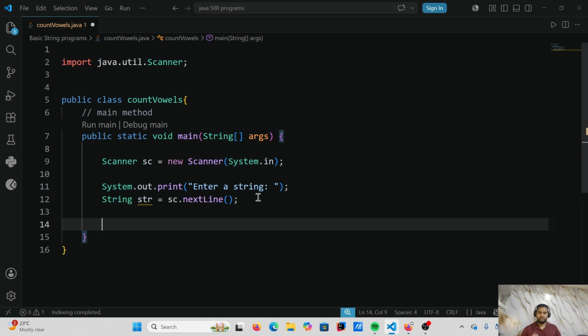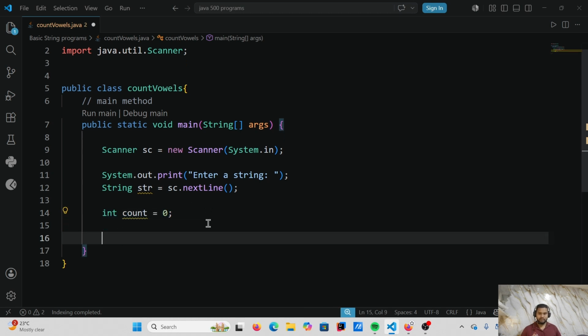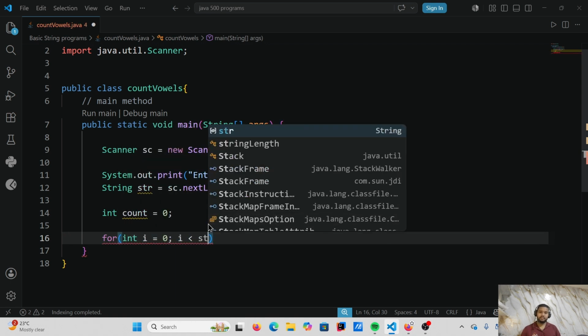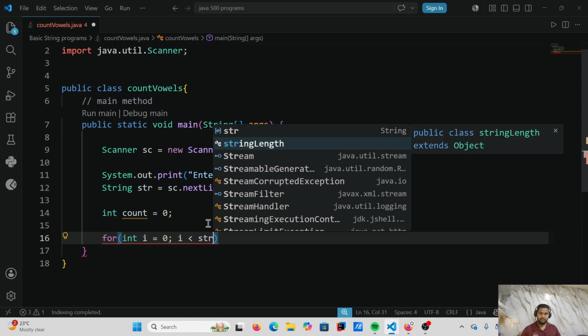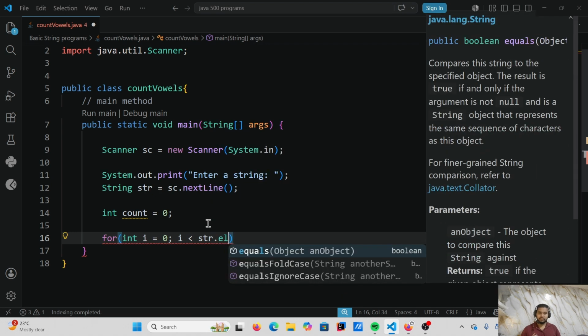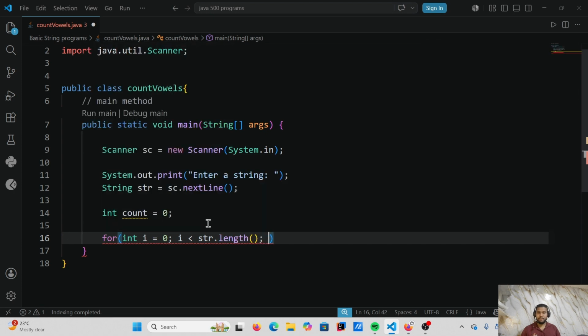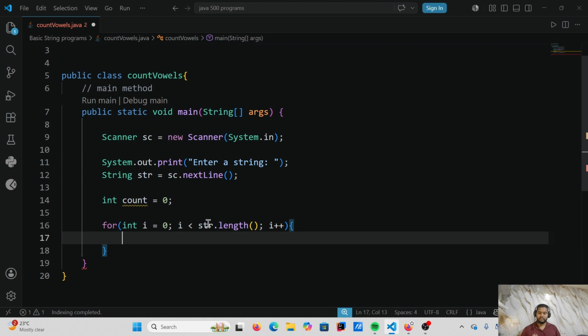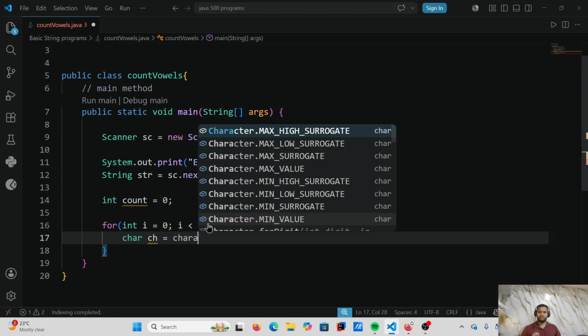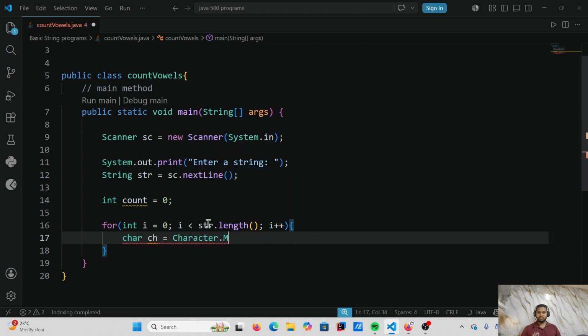After that, create a variable to store count, initialize it to 0. Then use a for loop: for int i equal to 0, i is less than str.length(), i plus plus. Go inside this for loop, and in this for loop we write char ch equal to Character.toLowerCase of